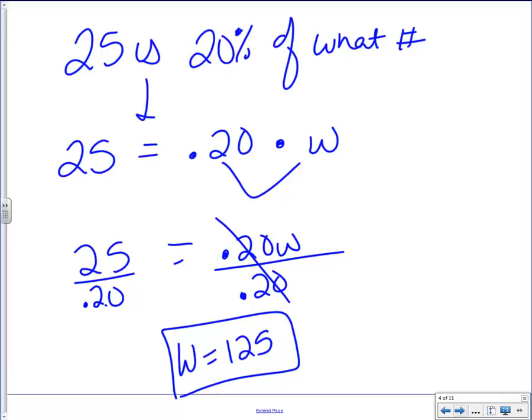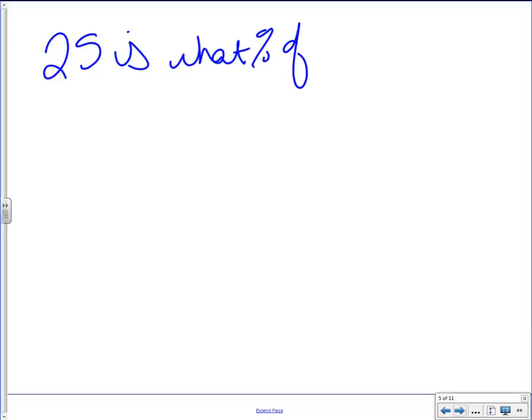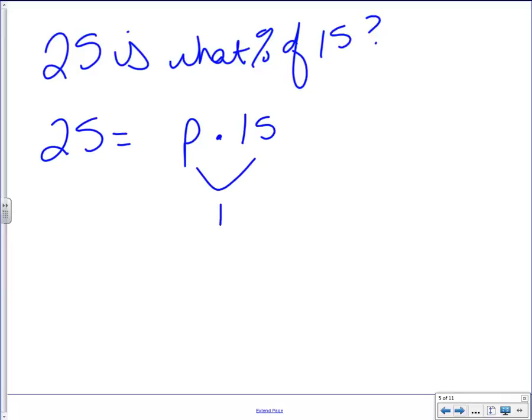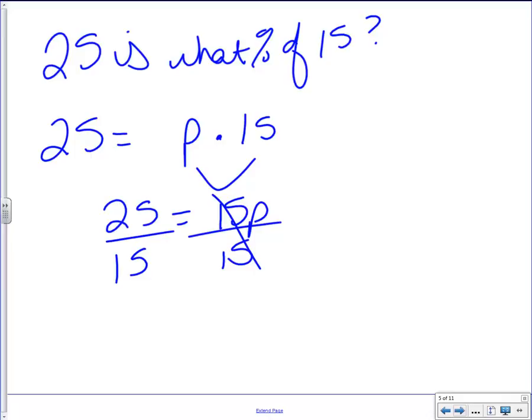Okay. 25 is what percent of 15? So 25 is my equal sign. What percent is something I don't know, and 15 is my whole number. I multiply here and I get 15p. I want p by itself, so I do the opposite of multiply, so I divide. Put in my calculator 25 divided by 15, and I find p, the percent, is